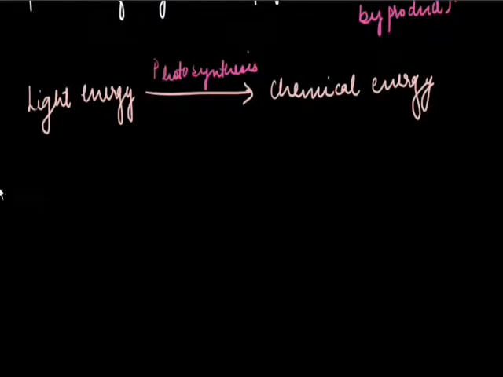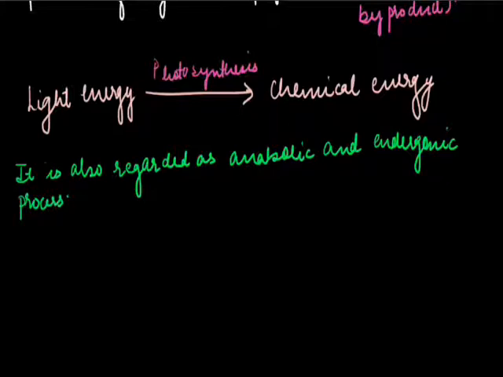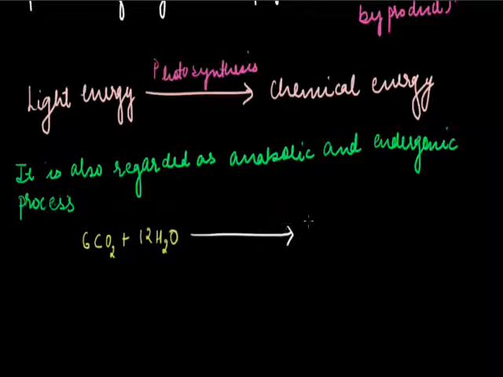Scientists also regard photosynthesis as an anabolic and endergonic process. If we summarize the equation of photosynthesis, it is 6CO2 plus 12H2O is converted to